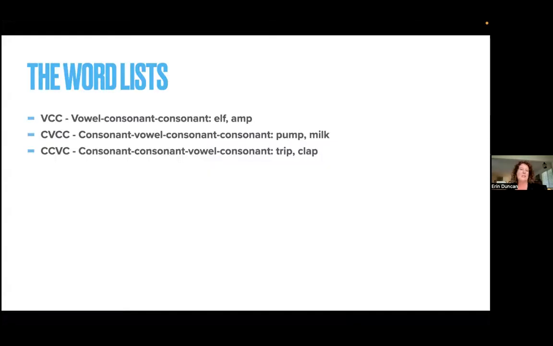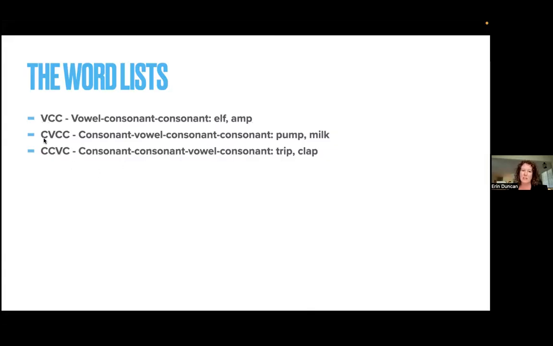So the word lists in chapter 4, there are 3 of them, and they're sequenced from easiest to hardest. So you'll see these little lettery things around. It's just referring to the structure of the words. So the first list is made with a vowel, a consonant, and then a separate consonant sound, like elf or amp.